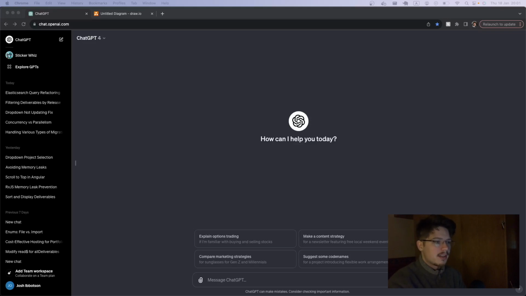Personally, the way I use it is a little bit different to most people. How I use GPT is, first of all, if possible, get GPT-4. It's a lot more accurate. You can get a lot more out of it, and it can search through Bing. So if you can afford that, do get GPT-4. I highly recommend it. And then the second thing I would say is, the way to approach ChatGPT is